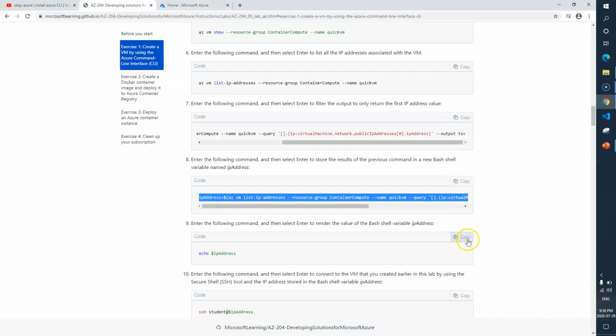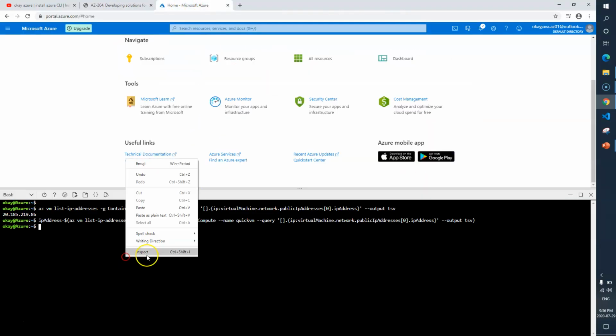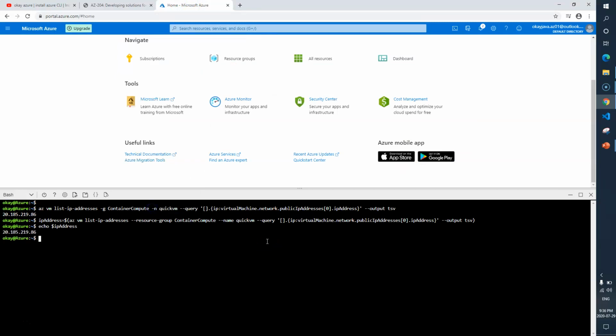If you want to display it, just type echo $IPADDRESS. Basically this command stores the value of the output. We know that the output of this entire command is the public IP address, and we are going to store that IP address in this variable. If I print echo $IPADDRESS, it gives the public IP address of our virtual machine.